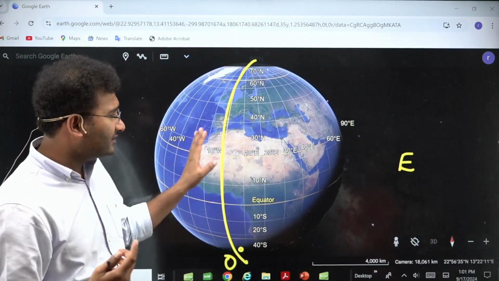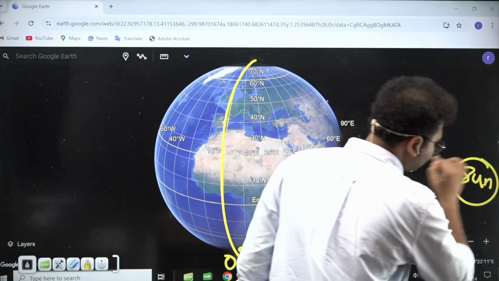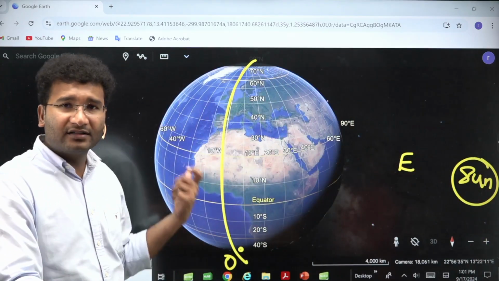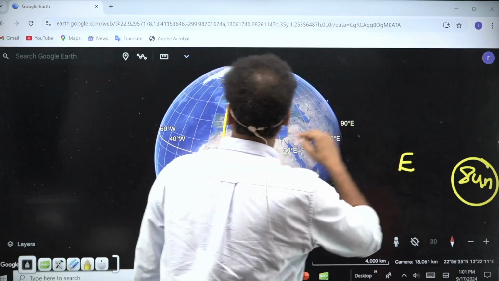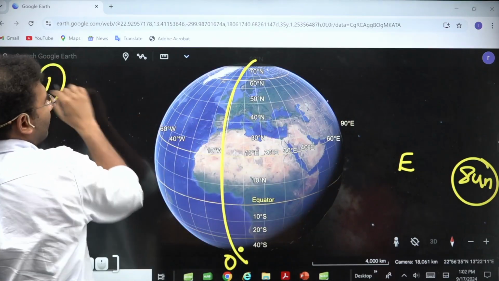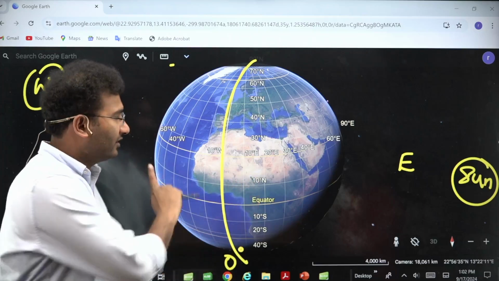So let's imagine this is your sun. Does the earth rotate from east to west or west to east? Look here, this is your eastern side and this is your western side. Earth always rotates from west to east. It rotates like this,